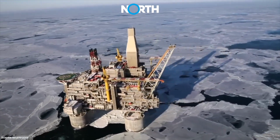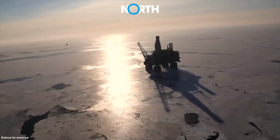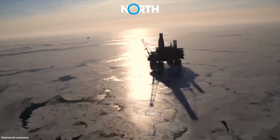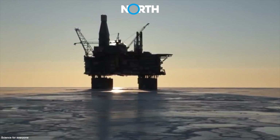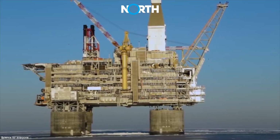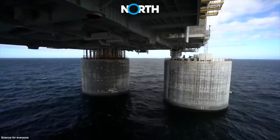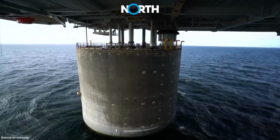Due to its proximity to the Arctic region, the Burut Oil Rig is designed to withstand subarctic conditions with temperatures as low as minus 44 degrees Celsius and ice pressure exceeding 6 feet. Additionally, the platform can withstand waves as high as 16 to 20 meters and strong winds with speeds up to